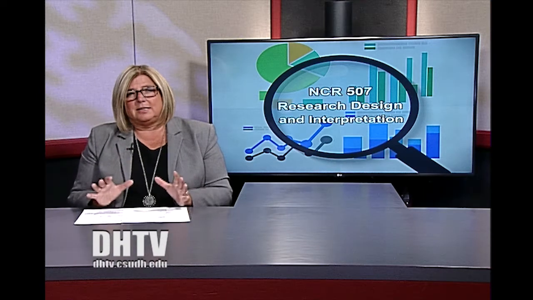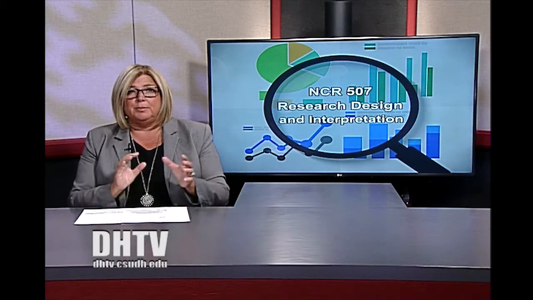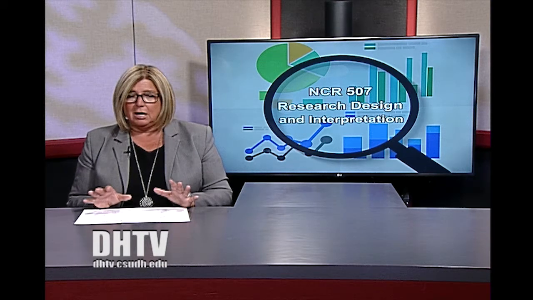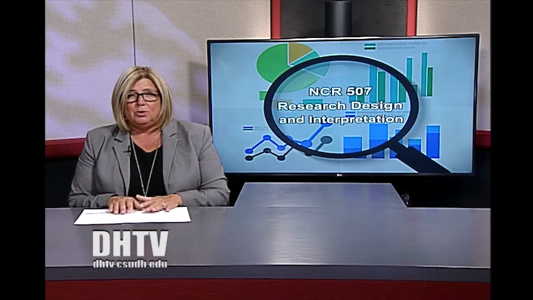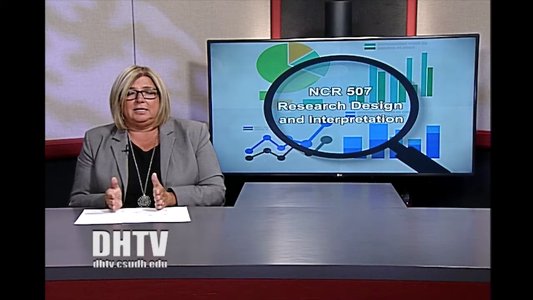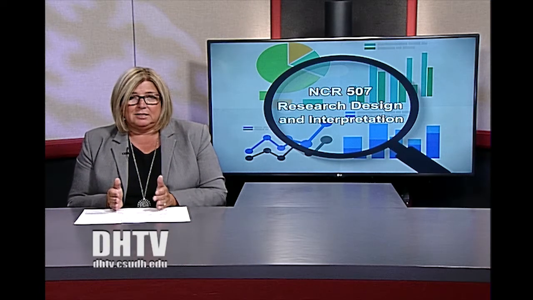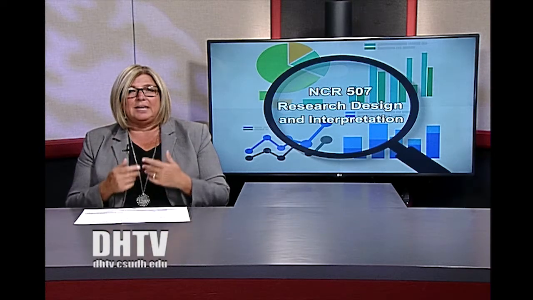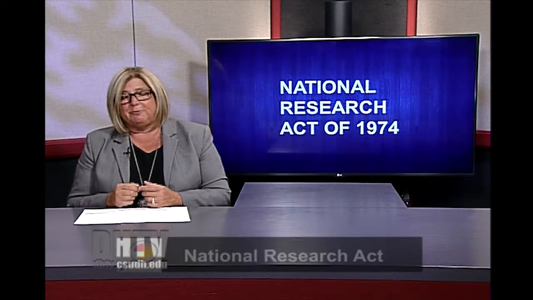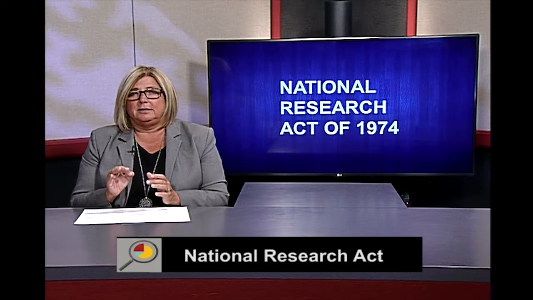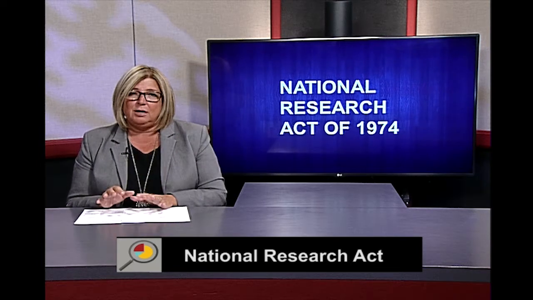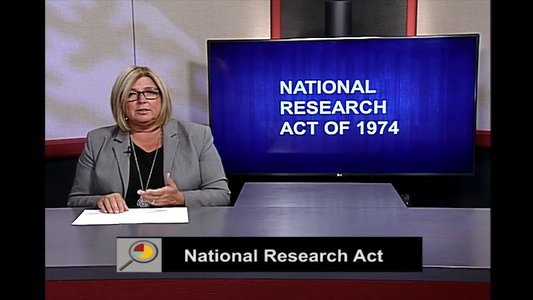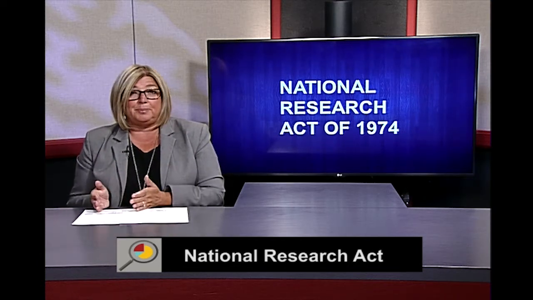So all of these examples, the Tuskegee example, the Milgram experiments, and there's so many more examples in your book that talk about these ethics violations, well, that ended up collectively needing to have a response. And so finally, in 1974, we established the National Research Act. And this was our first effort into trying to get some rules in place for the experiments and studies being conducted in the United States. So we started with that, and then that evolved into the Belmont Report.